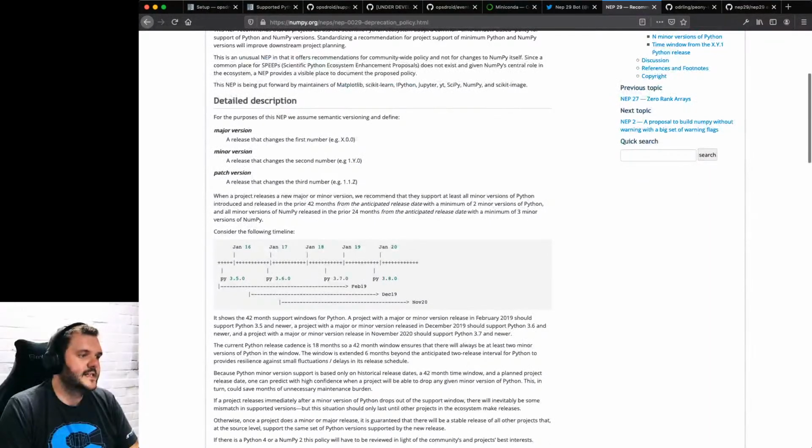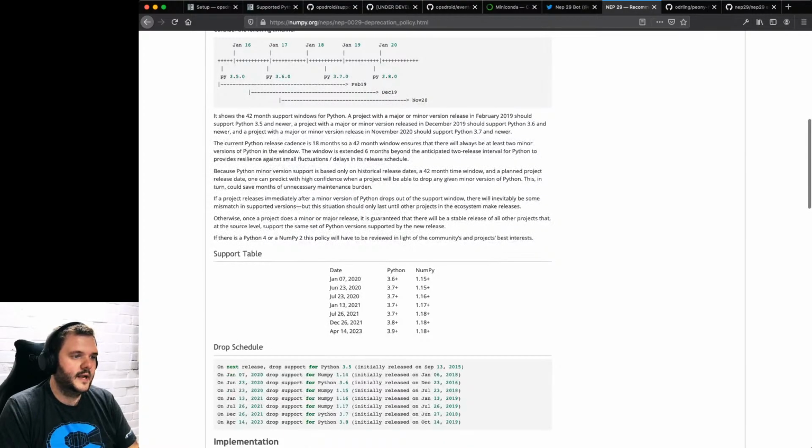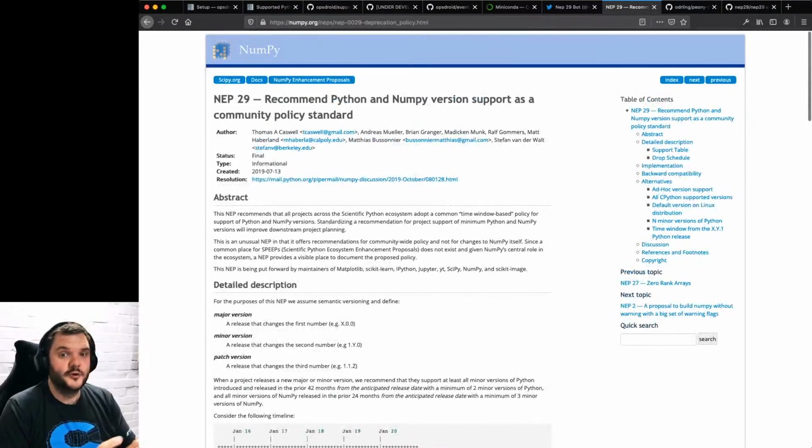And this has kind of been agreed that versions of Python should be supported for 3.5 years. So from release date, 3.5 years later, support should be dropped. So this has all come about because we're now June 2020, which is the end of life for Python 3.6, according to NEP 29, right?